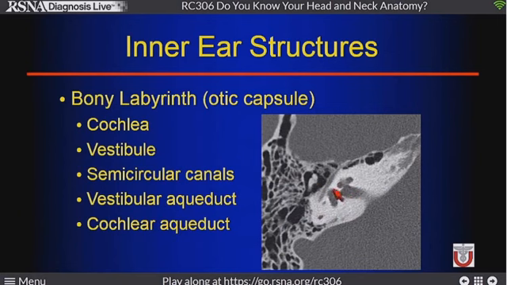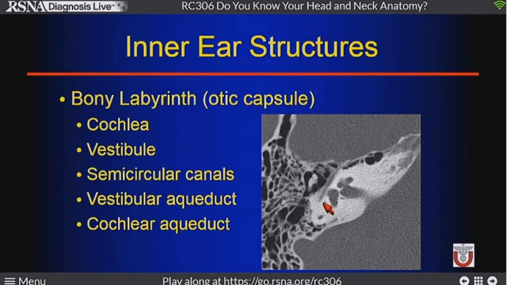This is the densest bone in the body. It should be bright white all the time, all the way around these structures. If it's not, we're thinking about the range of pathology that can happen there. We want to see the fluid density on CT or intensity on MR within the otic capsule in those structures. And these structures are all adult size and formed in pediatric kids.